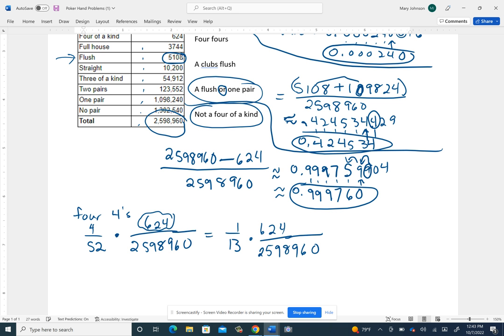That idea right there. See, what that's doing is that's taking the 624 and it's pulling out of all of those 4 of a kind hands just the ones that are composed of 4s. Okay, so you do that 1/13 of that,